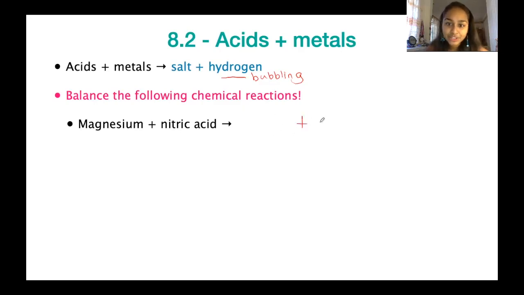The salt is always going to be composed of the metal and the non-metal. In this case, the metal is magnesium and the non-metal is the nitrate ion. The non-metal bit always comes from the acid. So our salt is going to be